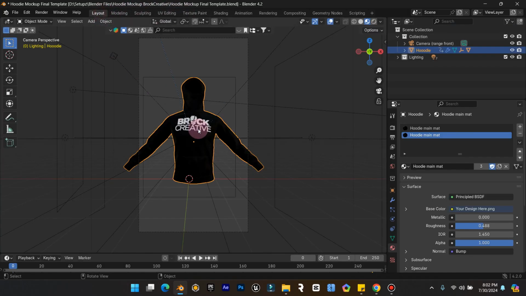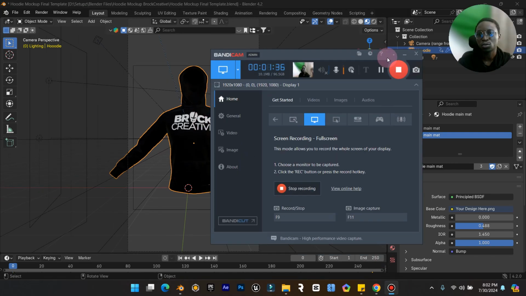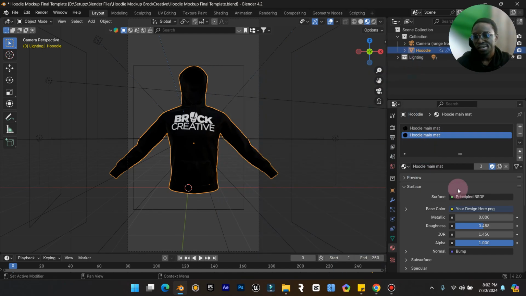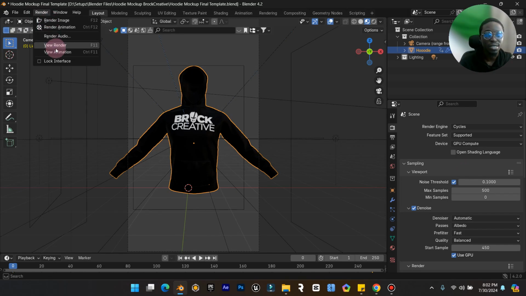All right, so this is what we're working with. Now for your render settings, very simple and straightforward. The first thing you want to do is check your render device. If you're using Cycles and you have a GPU, you can just turn on GPU, so that it runs faster. Another thing you want to do, which is common knowledge for anyone just starting